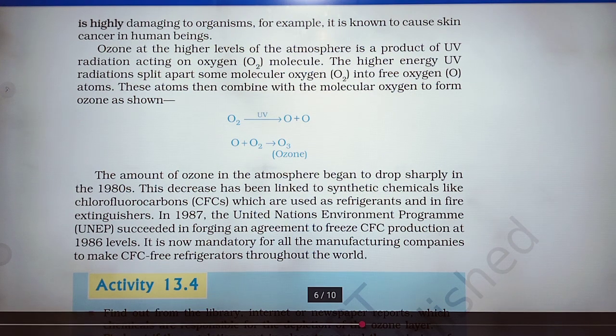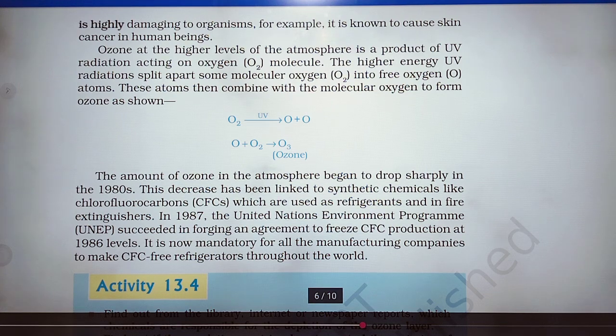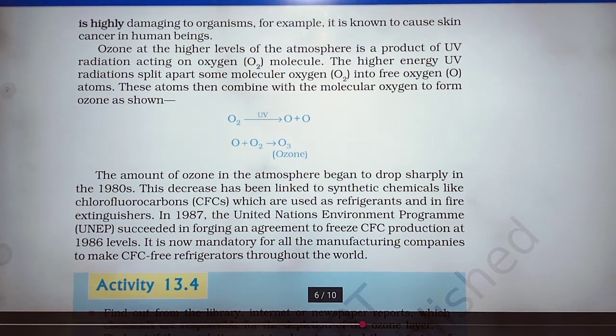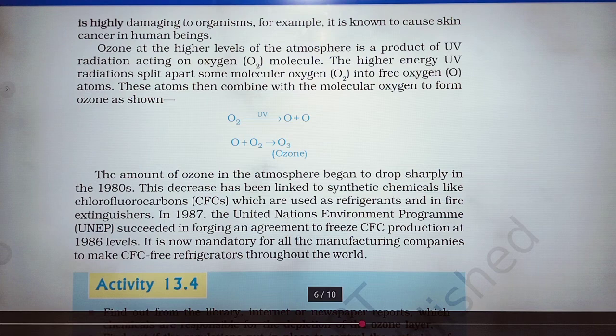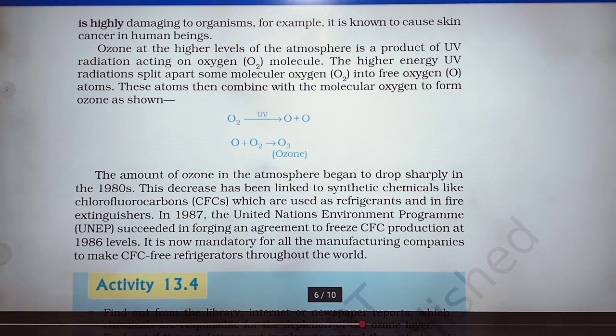extinguishers. Okay, so in 1987, the United Nations Environment Program succeeded in forging an agreement to freeze CFC production at 1986 levels. Okay, due to this, UNEP succeeded in forging an agreement to freeze the CFC, that is chlorofluorocarbons, production at